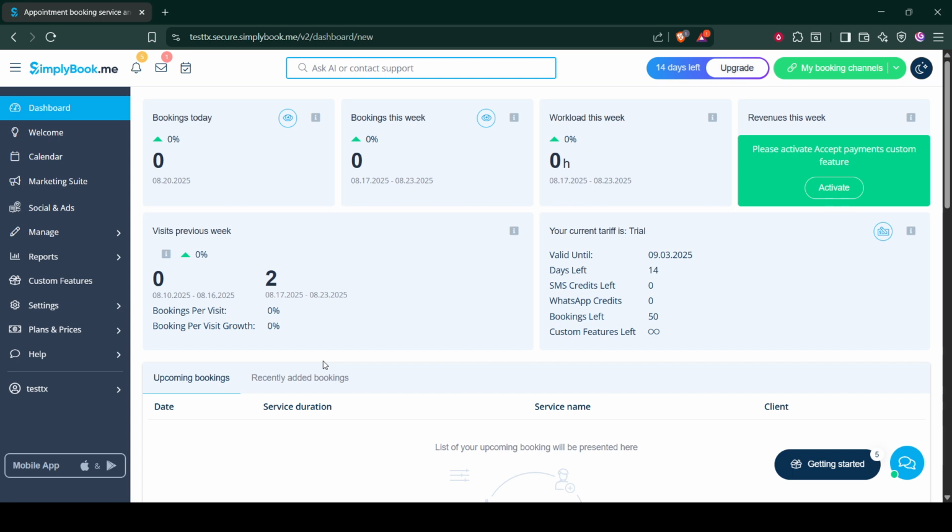First, you need to log into your SimplyBook admin account. This is your main hub where you'll have access to all the settings you need to manage your services. If you're not already familiar with the SimplyBook platform, don't worry, it's designed to be user-friendly, helping you manage your